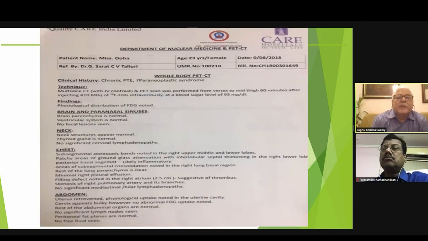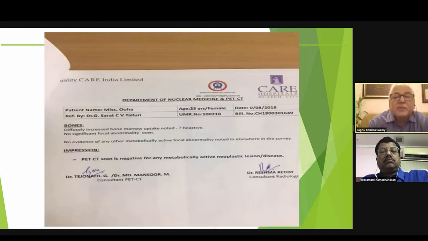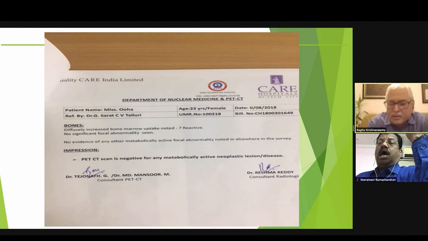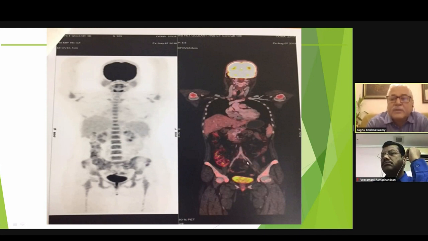The whole body PET was done mainly to rule out cancer in this patient and paraneoplastic syndrome. At that time, because of the large RA mass, we were considering the possibility of sending her for surgery, and that's why the physician thought it best to have a PET scan just to rule out any metabolic neoplastic lesion. This, of course, was proved negative. And these are the PET CT scans, which show no uptake of FDG near the heart or in any of the abdominal or lung fields.